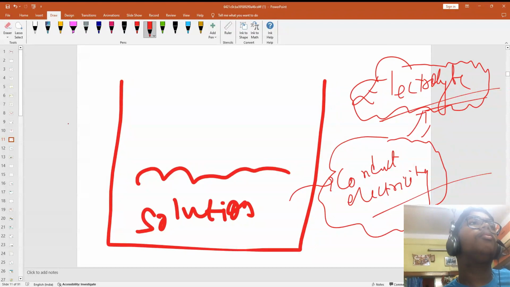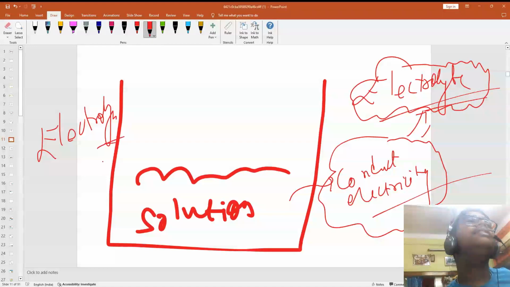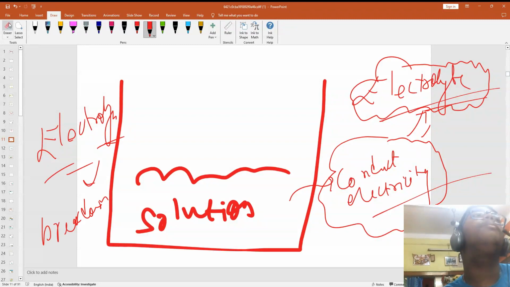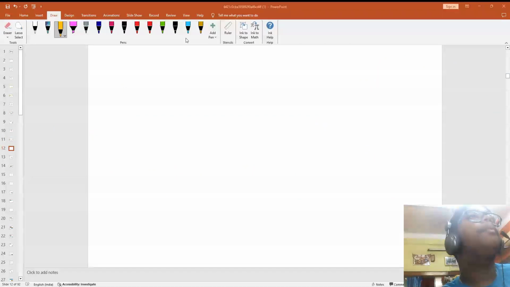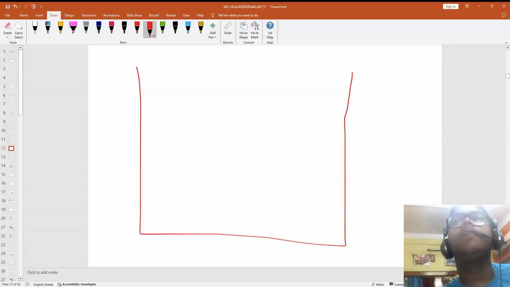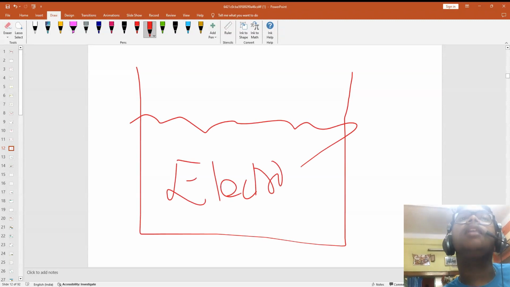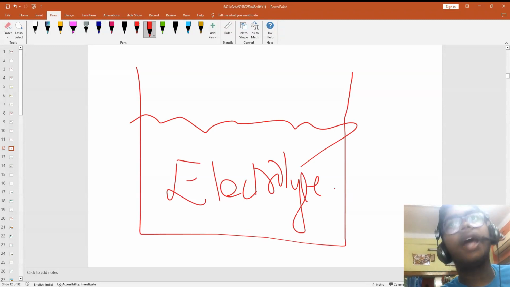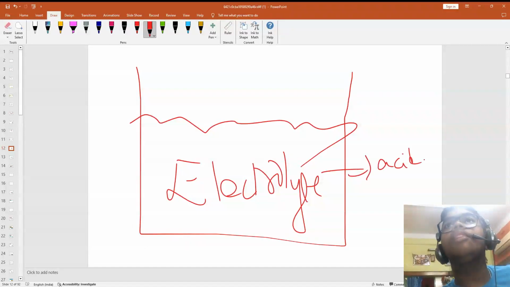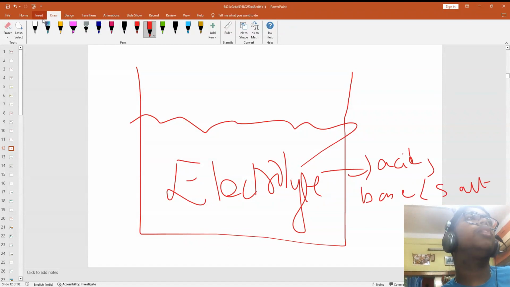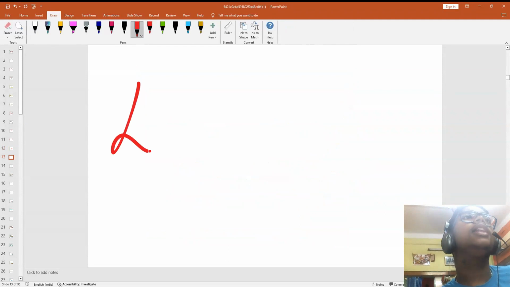और इस प्रोसेस को क्या बोला जाता है? इलेक्ट्रोलाइसिस। लाइसिस मीन्स ब्रेक डाउन, और इलेक्ट्रो मीन्स इलेक्ट्रिक ब्रेक डाउन। तो ये समझ में आया कि यहाँ पर एक कंटेनर है, कंटेनर में एक इलेक्ट्रोलाइट है, दैट मस्ट कंटेन अ सॉल्यूशन ऑफ एसिड, बेस ऑर सॉल्ट। और इस प्रोसेस को बोला जाता है इलेक्ट्रोलाइसिस।